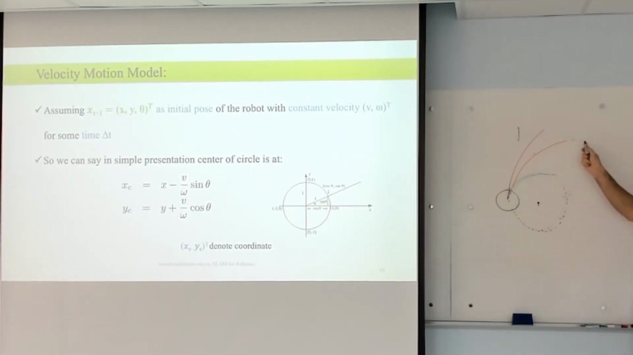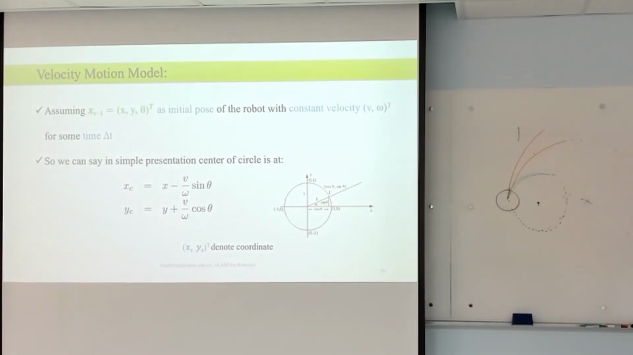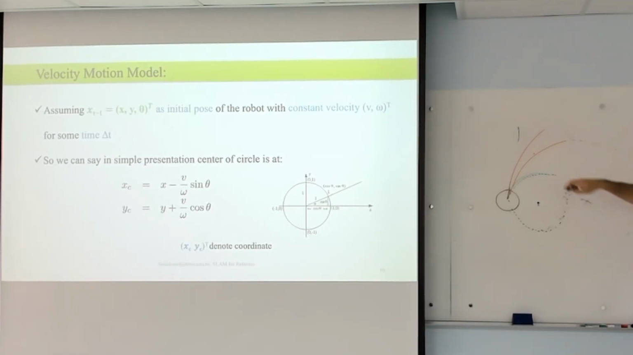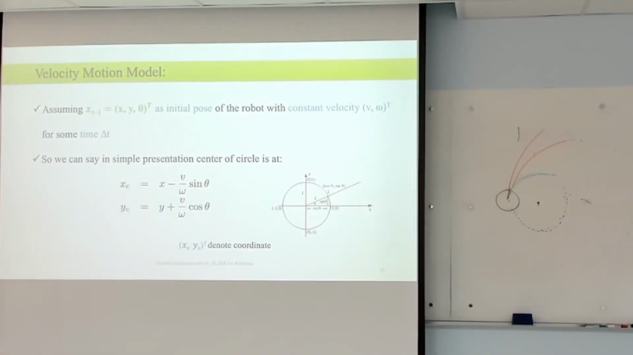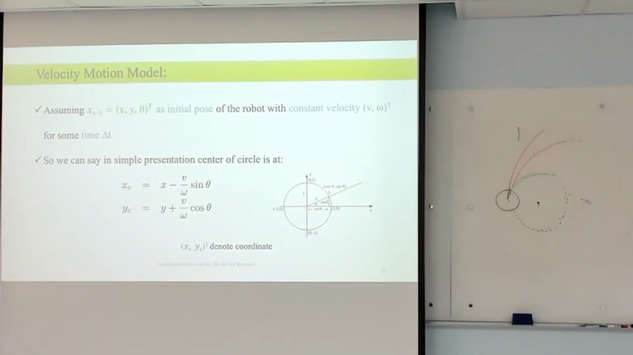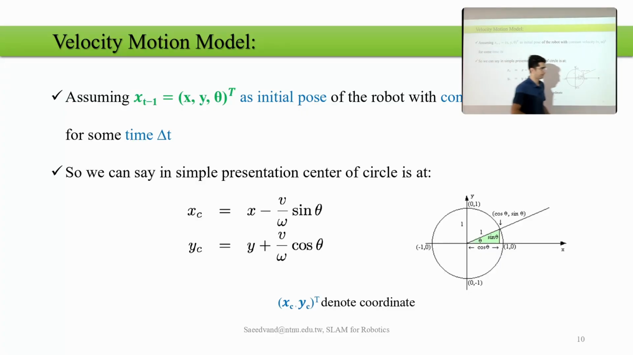For this circle, we have a bigger circle. Then we should find this point, the center, the critical point. And based on that, and based on the delta t that we have, we can say where the robot is supposed to be, based on the V and W, translational and rotational values that we have for our velocity-based motion model. So what we do for xc and yc,